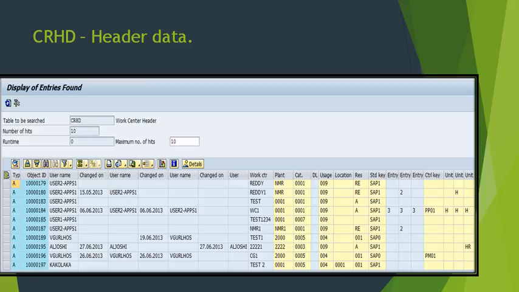So as you can see here, all the data related to the work center, all the header information: what is the work center, what is the plant, what is the category of this work center, what is the usage of this work center, what is the standard key which we have used. So all the header data information you can fetch with the CRHD table.